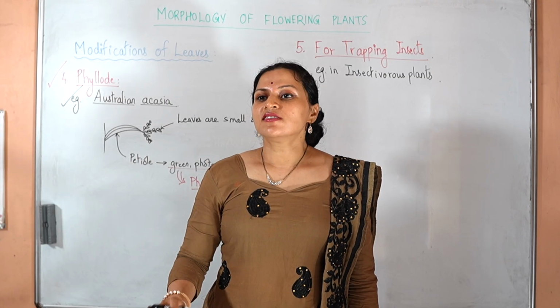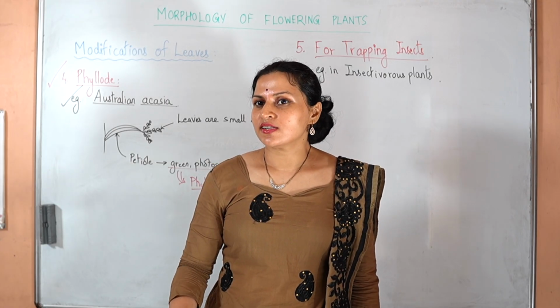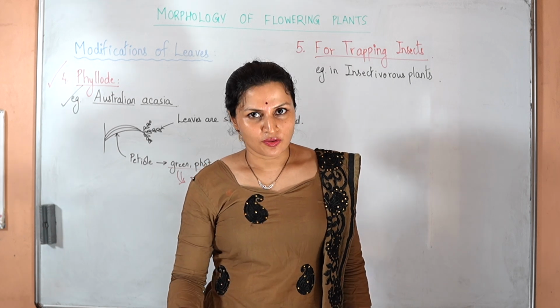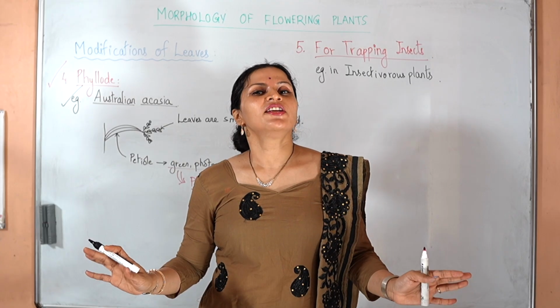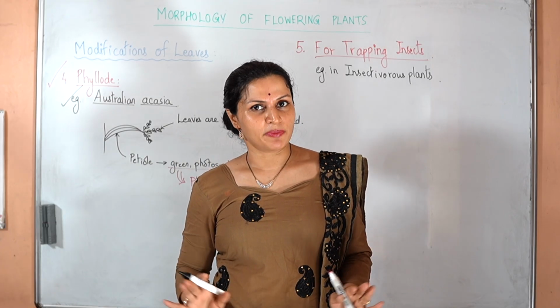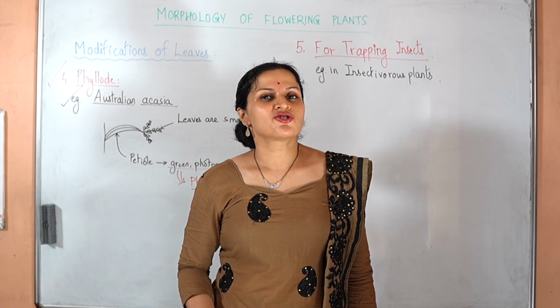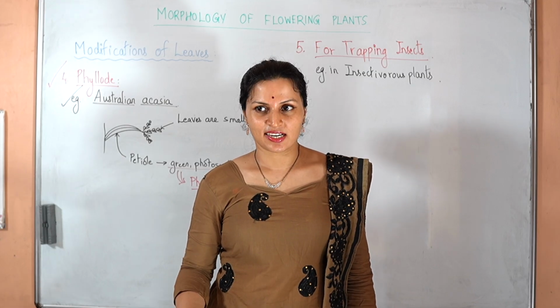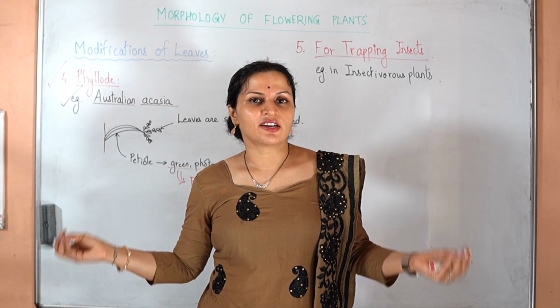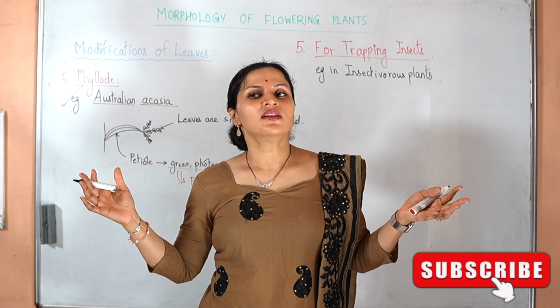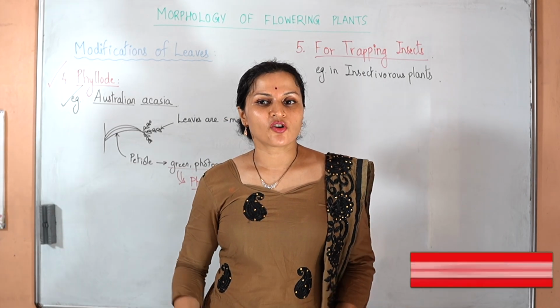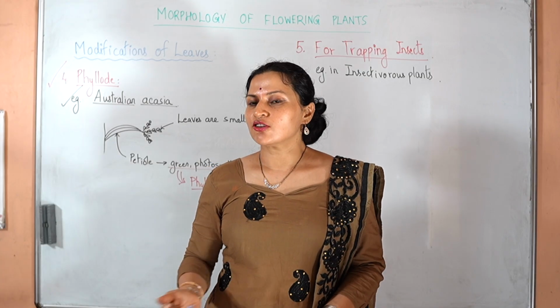Think about it. In such nitrogen deficient soils, no other plants will want to grow, but these can. They will not face any competition from the other plants. So they will live there very nicely and without any competition. They will be able to fulfill their nitrogen requirements from digesting insects. Every other plant also requires nitrogen, but they will take up their nitrogen from the soil. All the other plants will fulfill their nitrogen requirements from the soil, but these plants will fulfill their nitrogen requirement